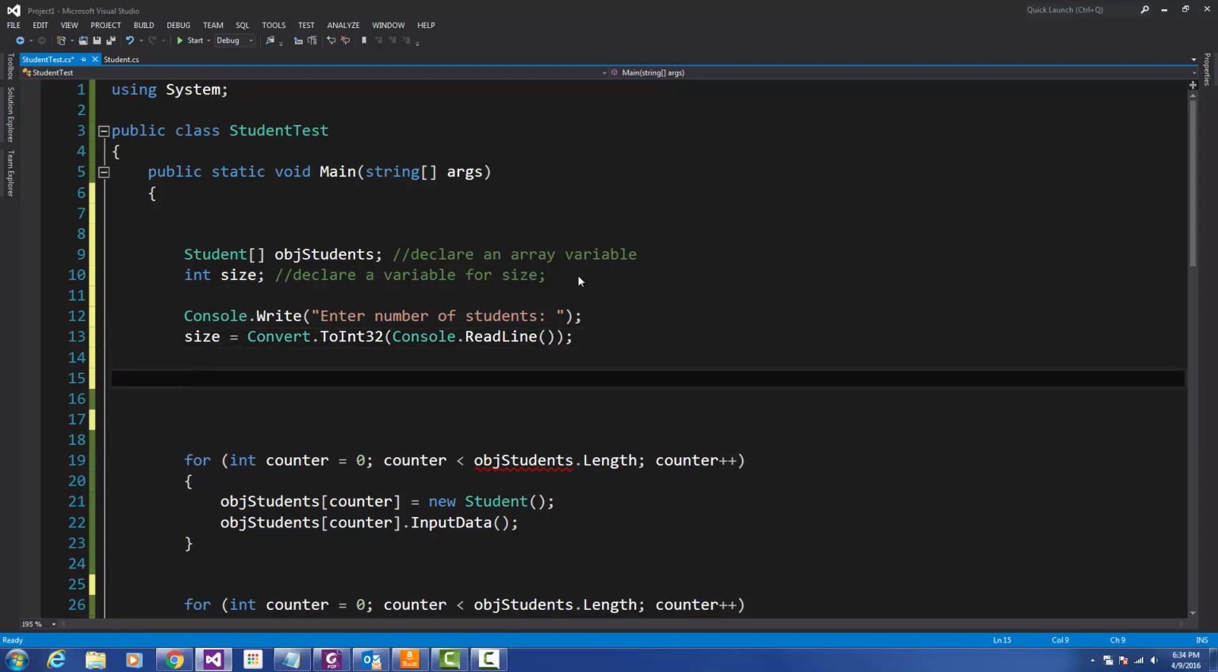So to do that, I'm going to use my array variable, and I'm going to define it now. So I'm going to do obj students equals new student, and here instead of putting 3 like we did before, now what I'm going to do is use the input from the user, and I'm going to put that as the size. All right, and that'll set up an array large enough to accommodate however many students the user has, right? So we'll test it out,